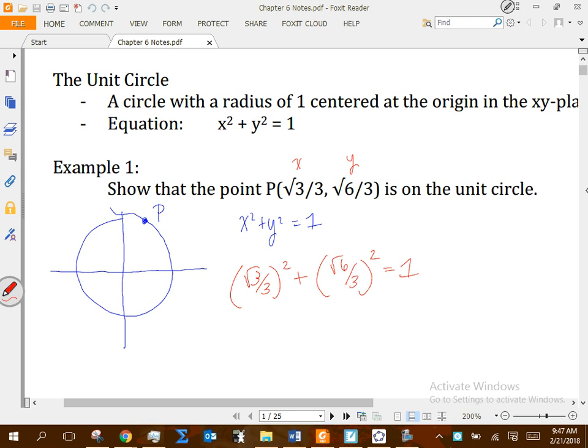What's radical 3 squared? 3. And what's 3 squared? 9. What's radical 6 squared? 6. And what's 3 squared? 9. Does that equal 1? Yep. Okay. So a lot of times once we prove something, the way we conclude it